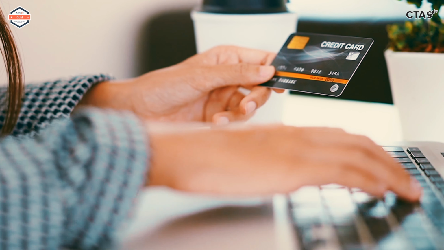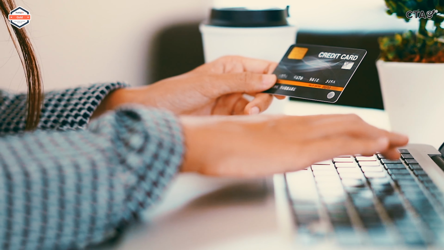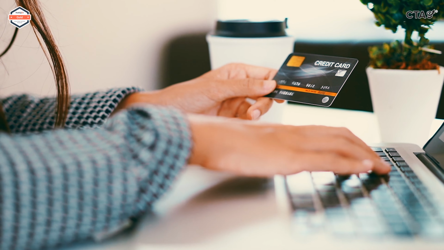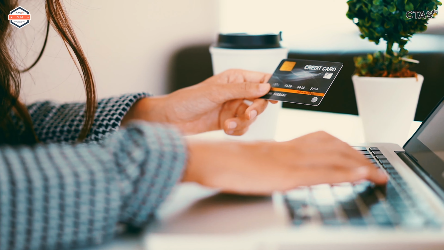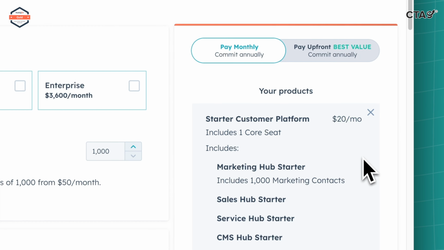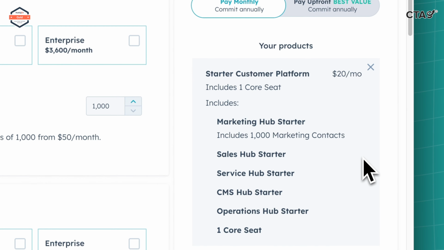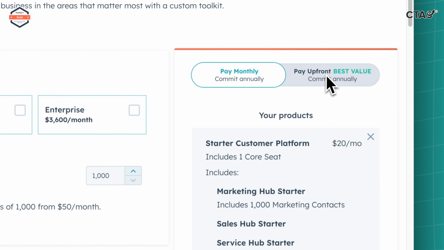So this pricing is already live now and existing customers will not be affected and they can continue to renew or make changes on the legacy pricing model for the moment. And then you might ask, where can you find the pricing? The pricing link has been included in the description below and you can click on that in order to get more info. For starter products, the monthly commit price is $20 per month while the annual commit price is $15